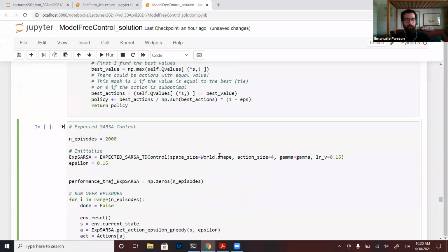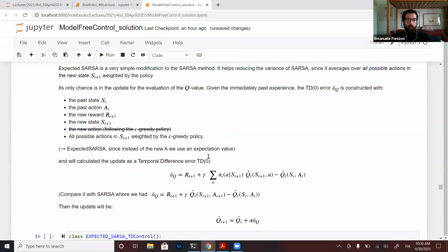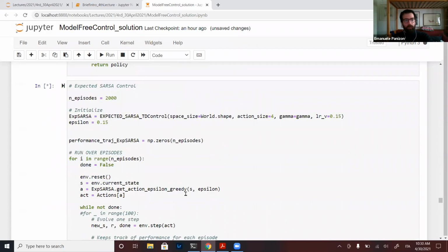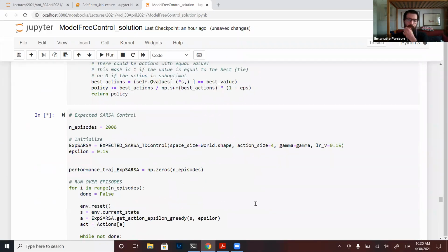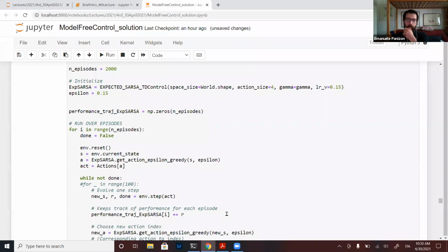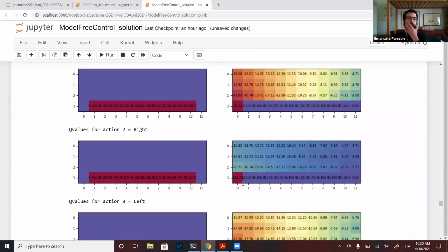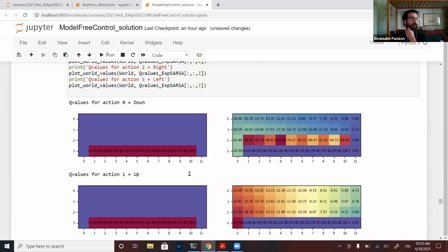Then I run it. Wait, I have to run everything before. Okay. Hopefully it does not take too much. Okay, again, this right now is something in between the two, so it should be less on-policy and should have less variance than SARSA, because with SARSA you have only one trajectory, you have to wait to accumulate all the possible trajectories.